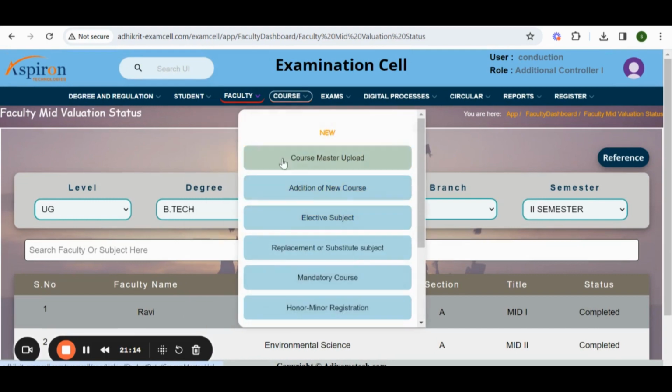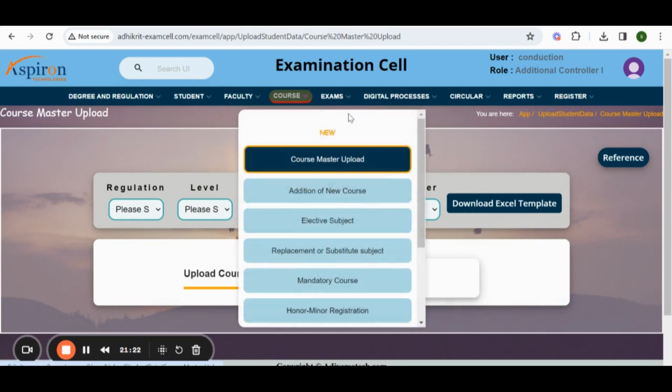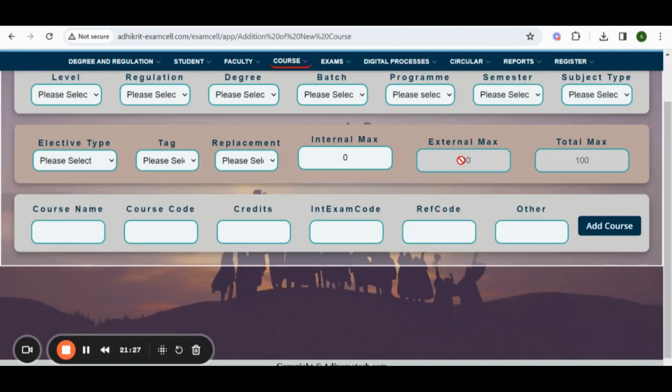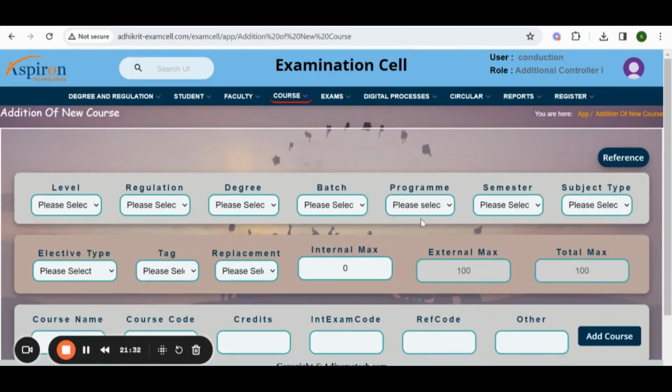Let's move on to course. Course master upload, we have already seen it. How to upload using the Excel sheet, we have already seen it earlier. So now, addition of new course. If we have missed a course in uploading through an Excel sheet, or if we have a new course in the institution, then just come to addition of new course, select the required details here,